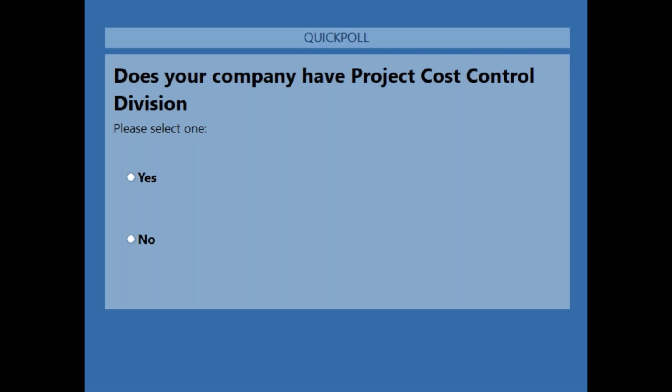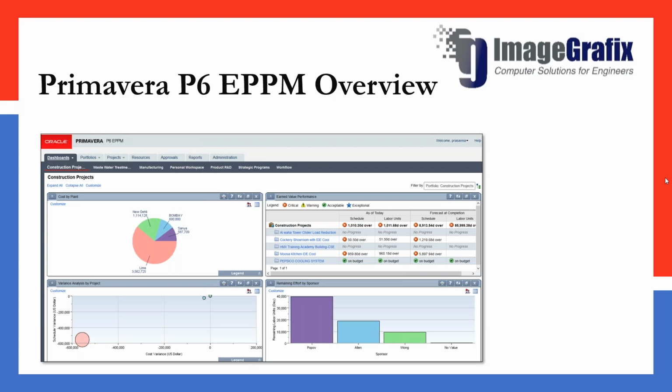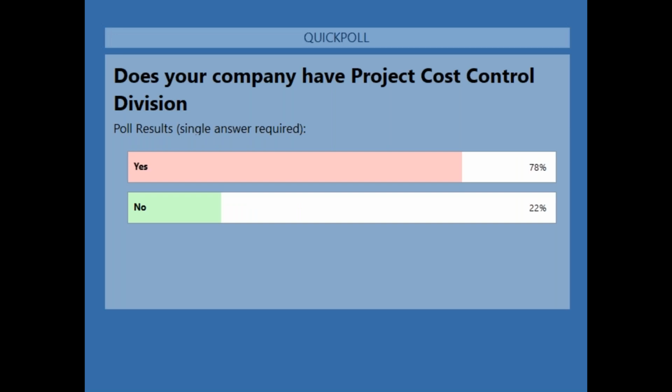Right, we have another 10 seconds to go. Okay, 5, 4, 3, 2, 1. Srinivasan, you can close the poll and publish the results. Most of the people say yes, they have one. All right, good. Thanks for the information.